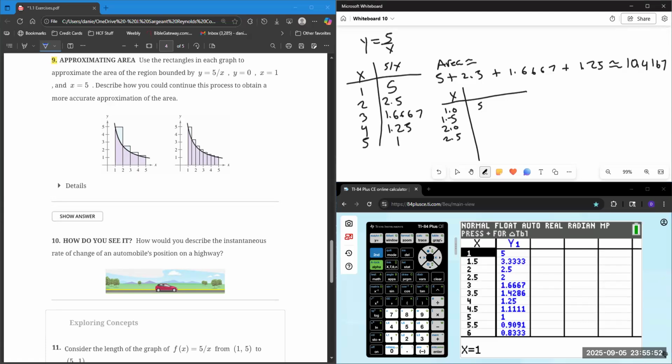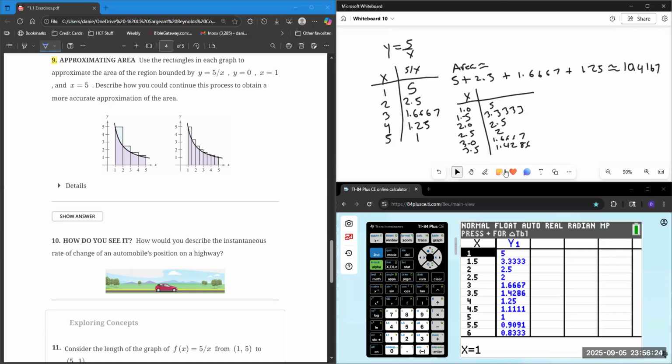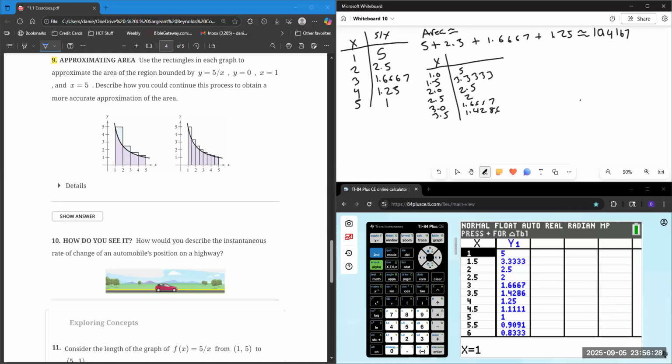This will be 5, this will be 3.3333, and this will be 2.5, 2, 3.0 is 1.6667, 3.5 is 1.4286, 4.0 is 1.25, 4.5 is 1.1111,